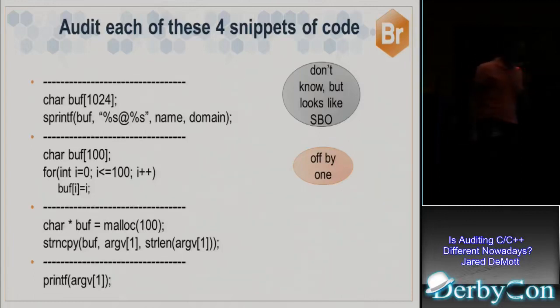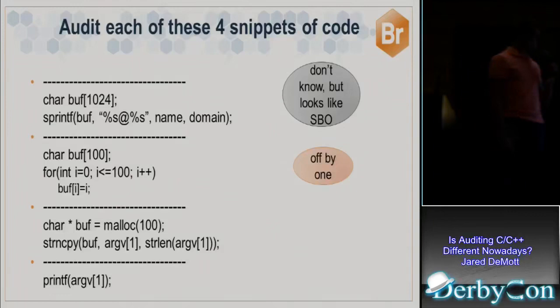malloc 100. Malloc is for the heap, right? So we're setting aside 100 bytes on the heap, and we're doing strncpy, which is the safe version of strcpy. So it should be good, right? No problem there. Except